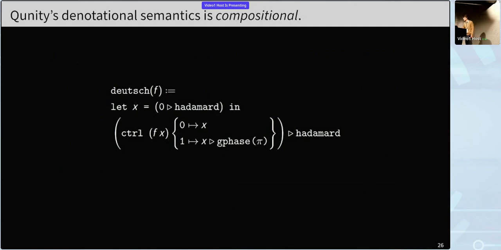Our denotational semantics is compositional, and as I explained before, what's more interesting is that it allows for composing programs in useful and interesting ways. We also prove in our paper that this semantics is, in fact, well defined, because our technical definition is not obvious, but we can prove this.